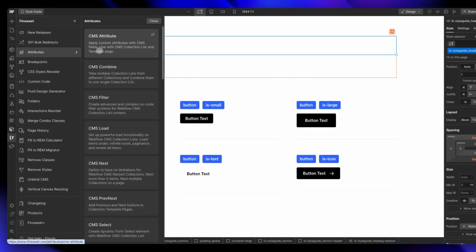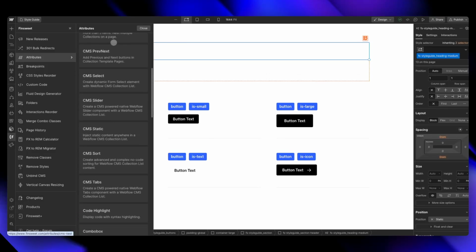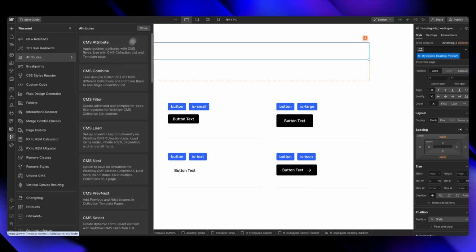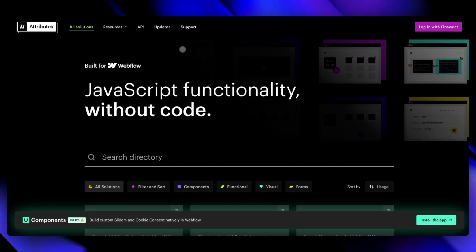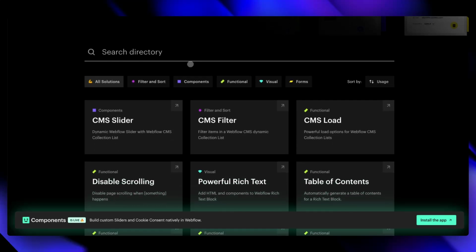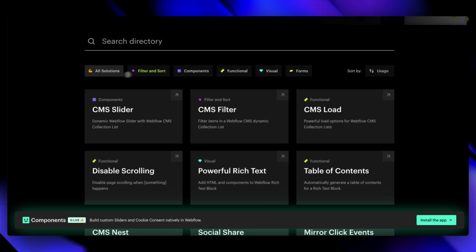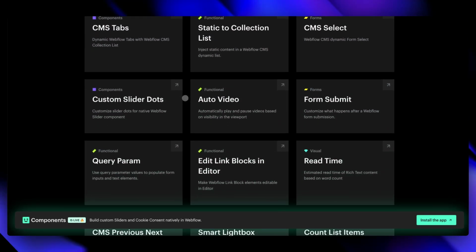Now, moving forward to the very next one, we have Finsweet attributes, which are absolutely amazing for all sorts of different implementations and additions in your website. I highly recommend you to check out finsweet.com/attributes in order to find all of the JavaScript functionalities that they enable you to add without code, as they highlight. So over here, you can actually filter by the specific functionalities, and once you find a element that you'd